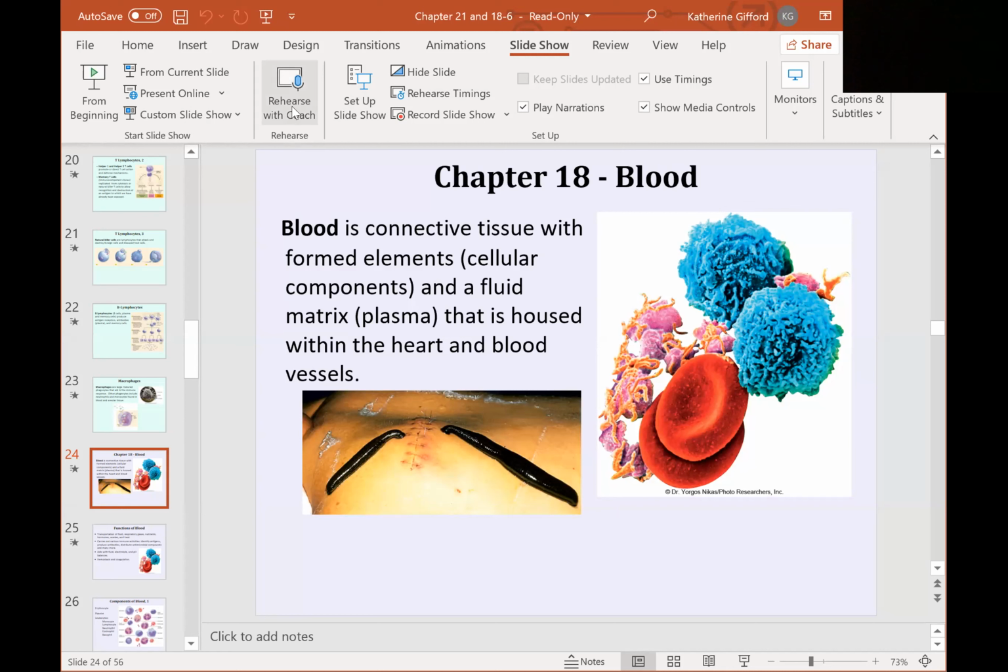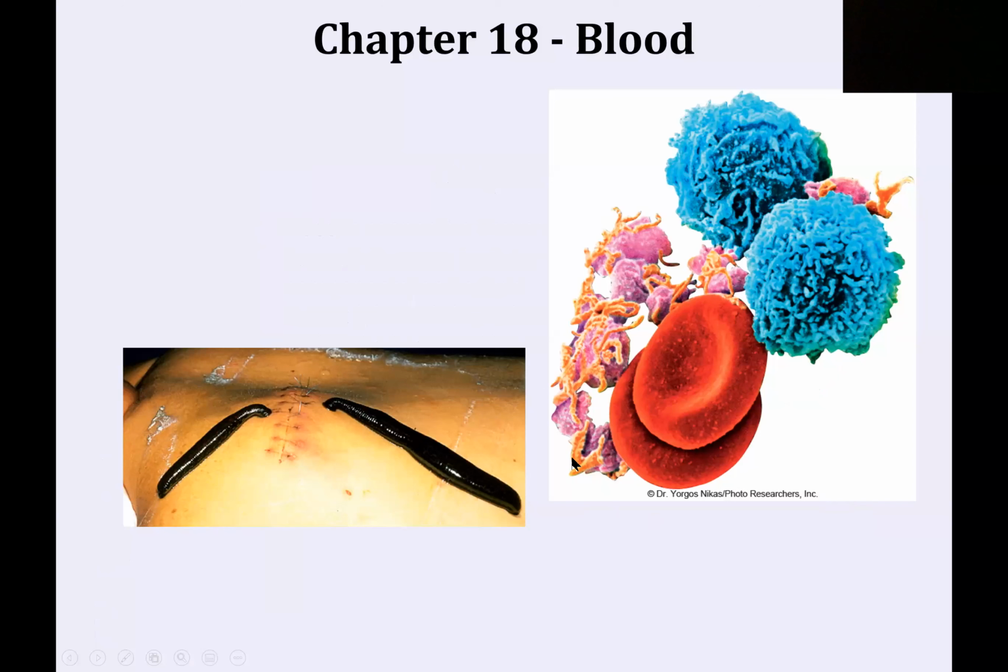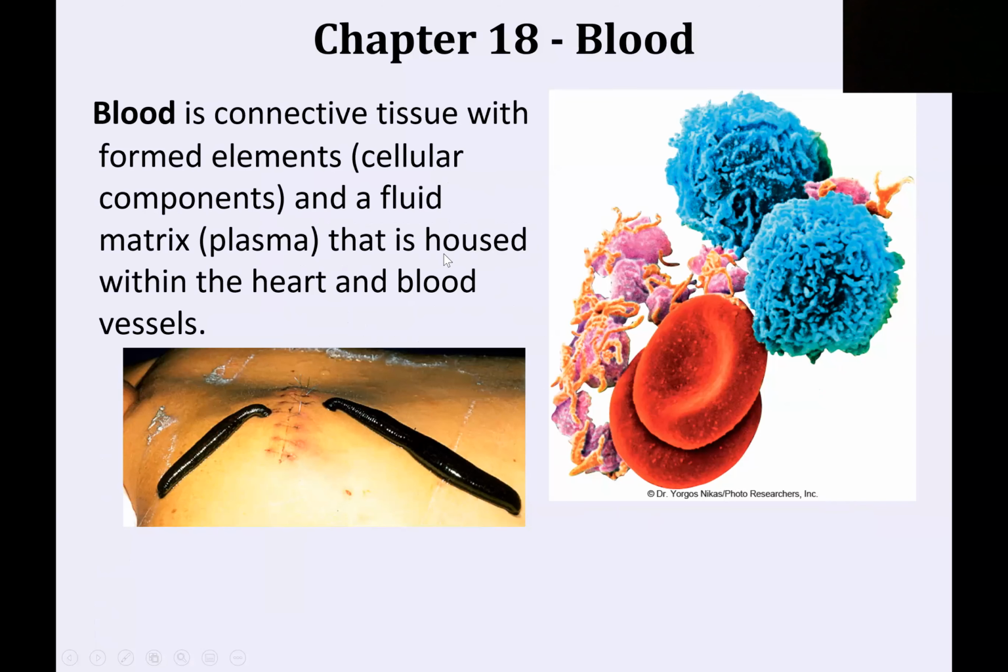Okay, this is part A of the blood chapter. Blood is a connective tissue. Sorry, this is the beginning of chapter 18 on blood, part A. Blood is a type of connective tissue with formed elements. Those are the cellular components, and that's what we see here in this picture with the red, the blue, and